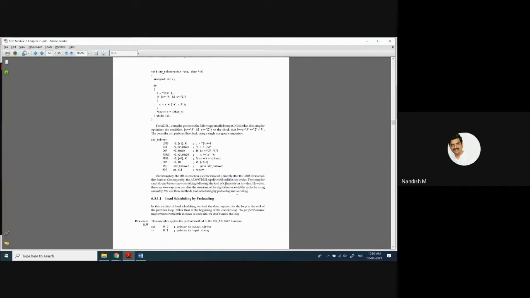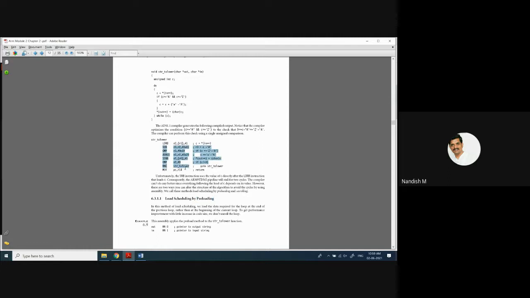In that case, we are going to use methods called preloading or unrolling. This is called load scheduling, meaning you are going to schedule the load instructions. One method is preloading, another method is unrolling. Let us see whether we can solve that problem, the pipeline which stalls for 2 cycles. What is this preloading?